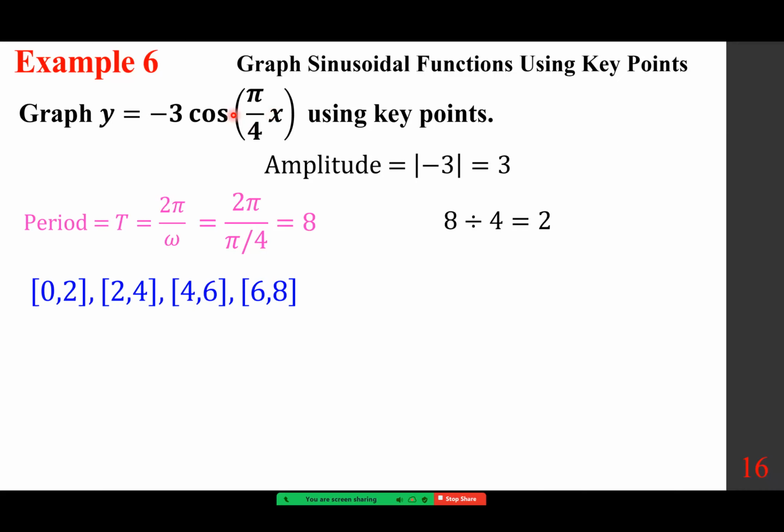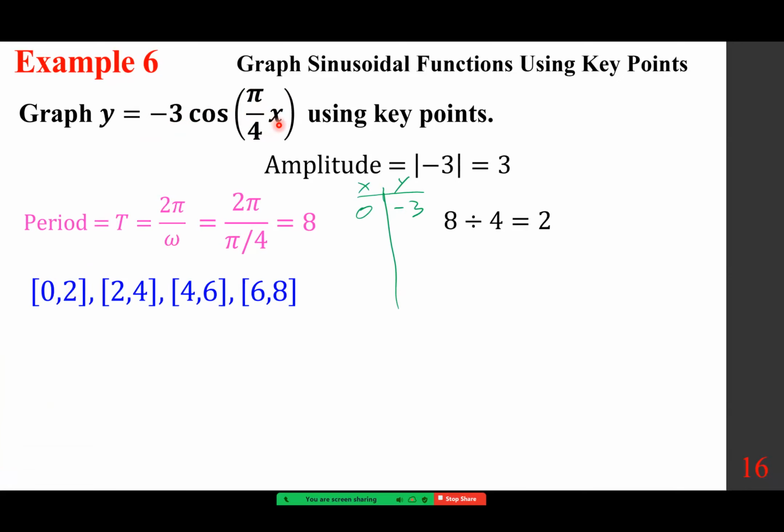If I plug in 0 here, cosine of 0 is positive 1 times negative 3. So if you plug in 0, it gives you negative 3. Just as an example, if I do a few of them here, class, I'm going to say x, and I'm going to say y. 0 gives me negative